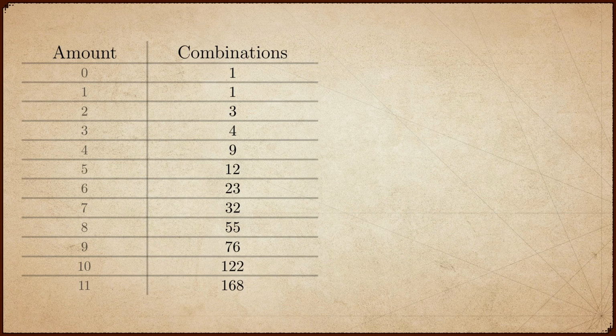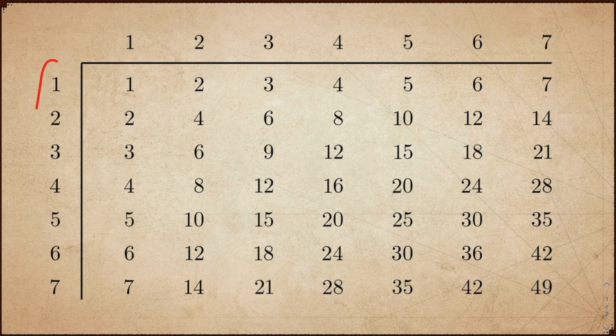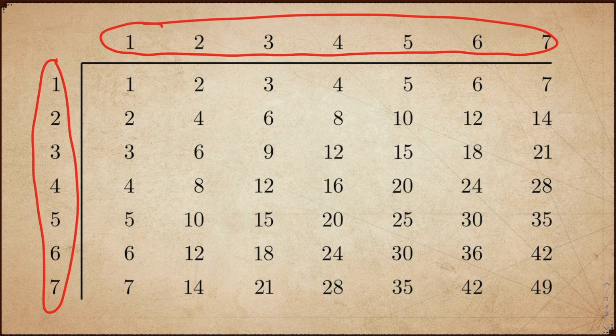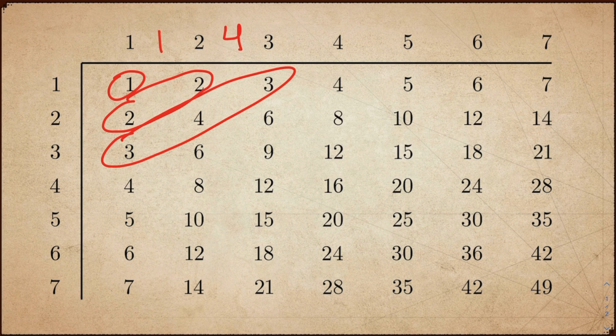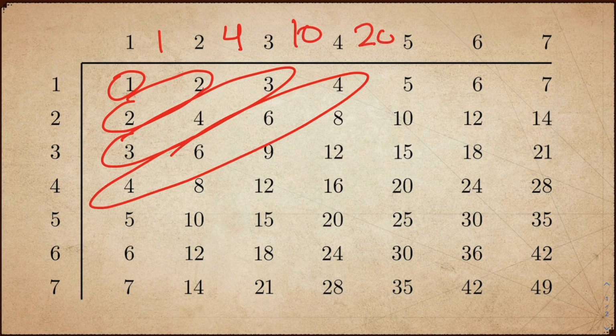Now, you know the usual multiplication table with positive integers on both sides, down here and up here. 4 times 3 equals 12, and so on. Maybe you say this is boring, but look at the diagonal sums. They are 1, 4, 10, 20, and maybe it's an interesting exercise to work out the pattern. But leave this aside for now.